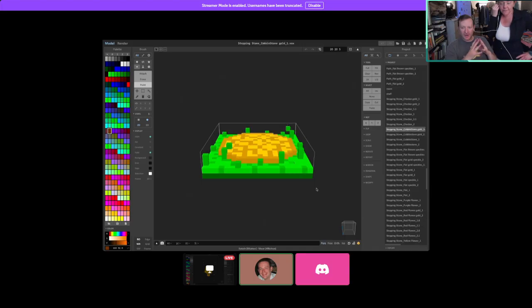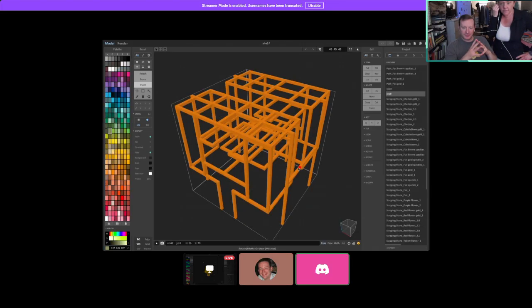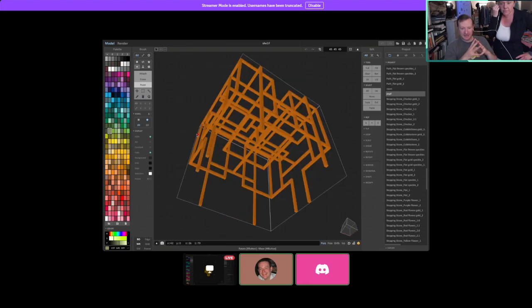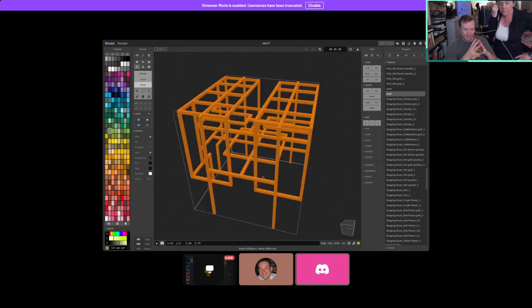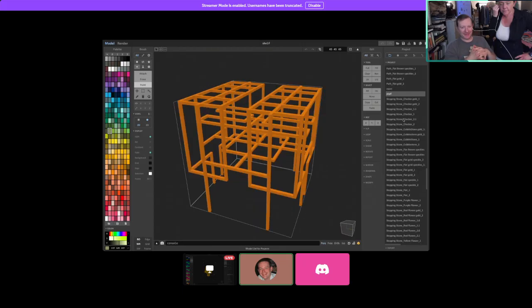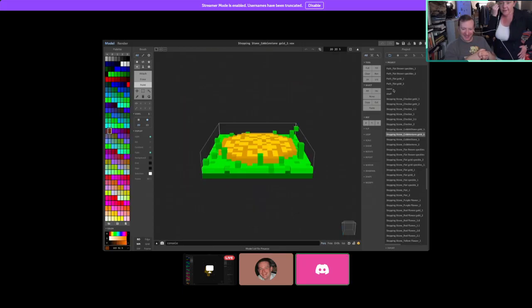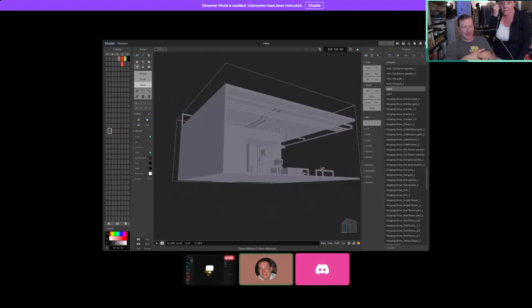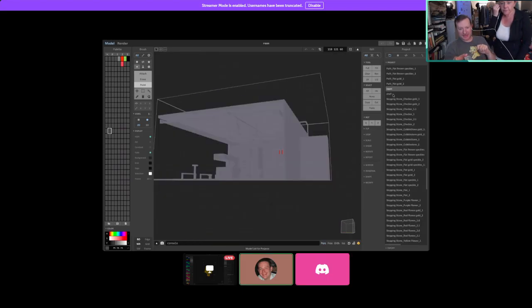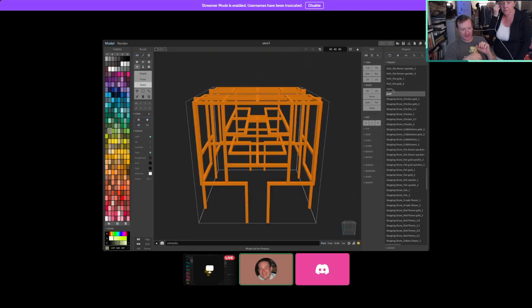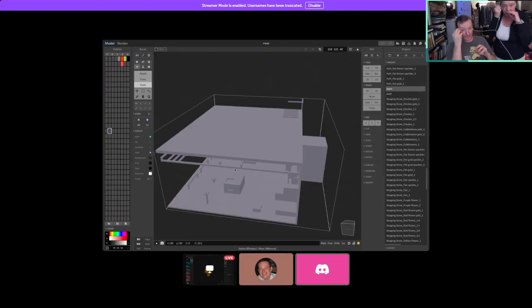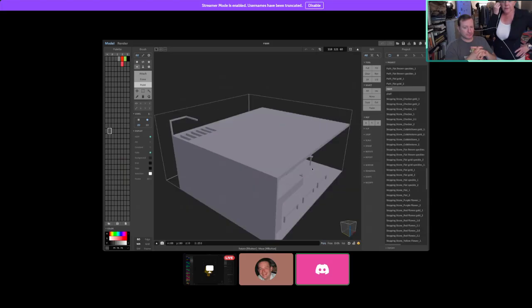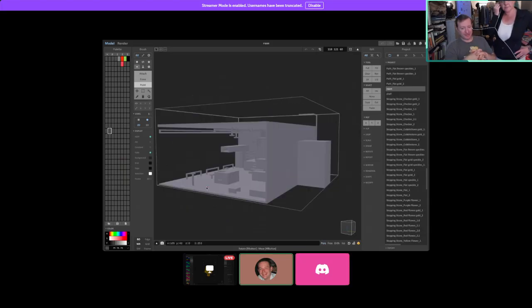Is that shelf your idea for a trophy shelf? No, this is something that came with it. Oh, okay, something different. I don't know what kind of shelf that is. Yeah, in this room, this came with MagicaVoxel. But that's my point. See, people are building entire scenes like that. They're not just building small objects. This looks like it's all built in one thing, though. It is, yeah. Sure looks like it.